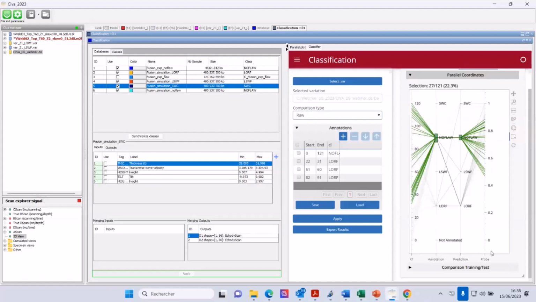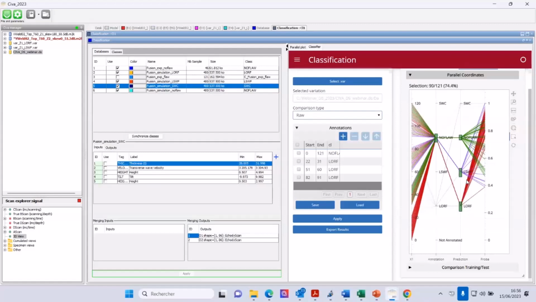So we can see that we have overall quite good results, with, again, sometimes some mistakes between the annotation and the prediction. It's not perfect here or here.